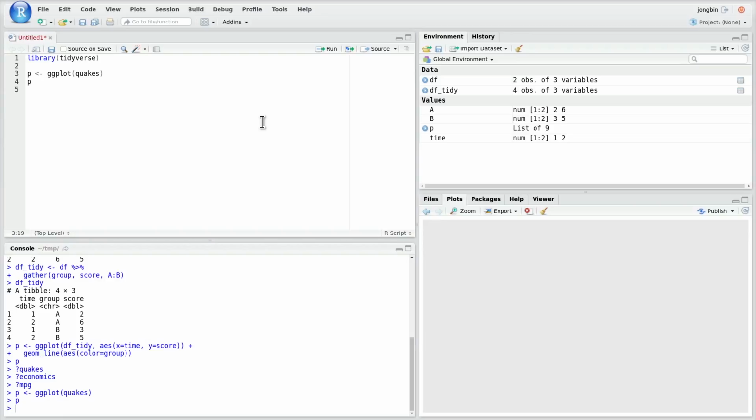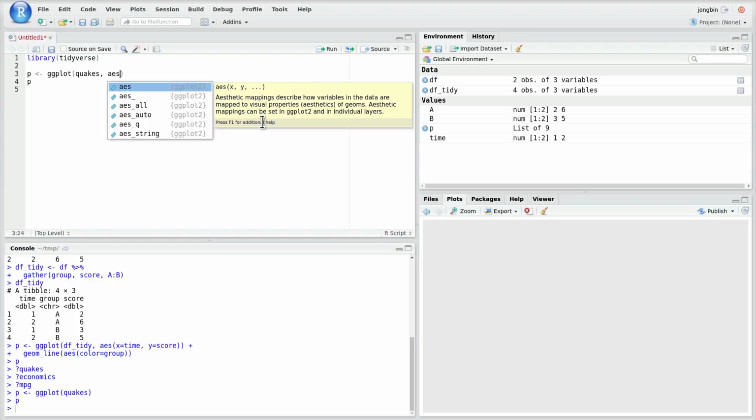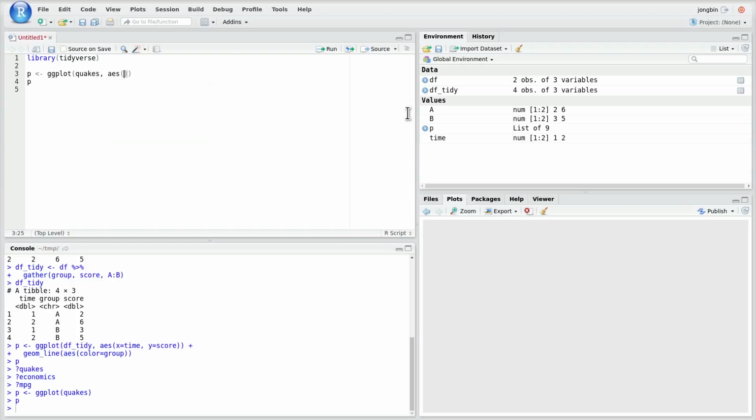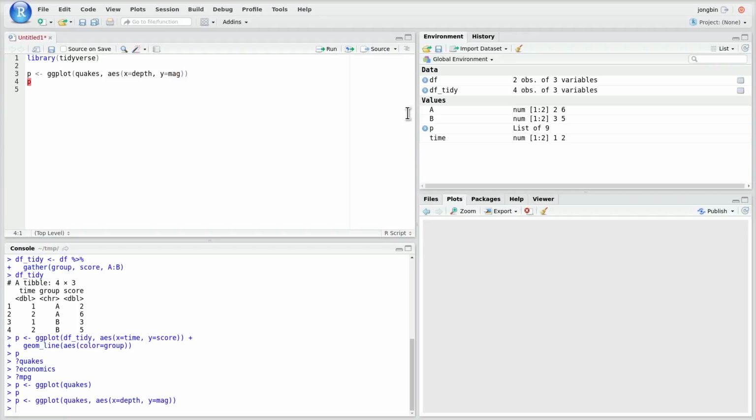So let's try to tell ggplot what we want to use as an x or y axis. And these plotting objects that we plot are called aesthetics in ggplot. And the way we assign aesthetics is by using a function called aes within ggplot functions. So we say aes, open close parens, and let's say we want to plot the depth on the x-axis, so x equals depth, and the magnitude on the y-axis. And if we run that, and we plot p again,